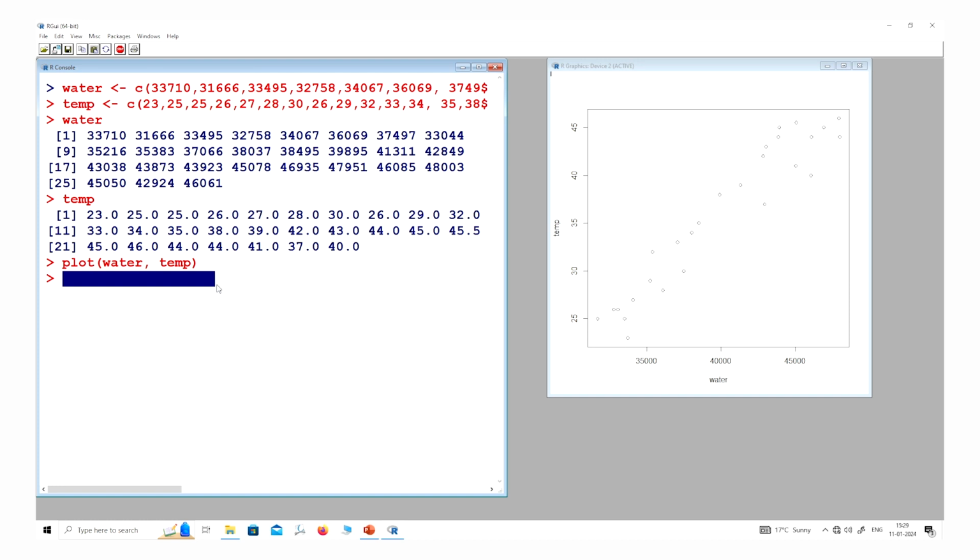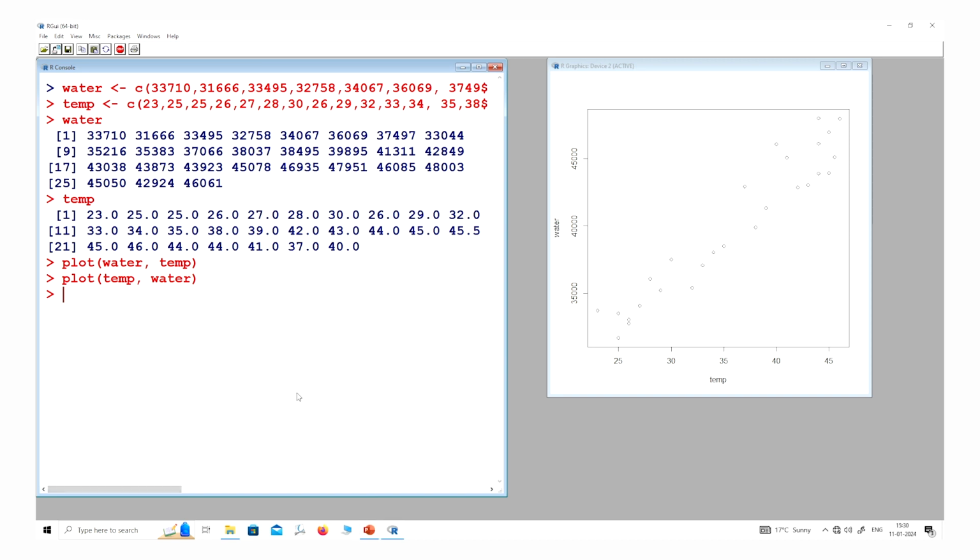right? And if you try to interchange the roles, for example, if I write temp at the first place, temp comma water, then you will see that temp will become the x-axis and water the y-axis, right? So you can see this gets changed and the pattern of the curve will change. So it depends on your need, what exactly you want, right?